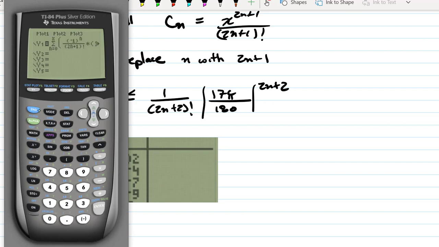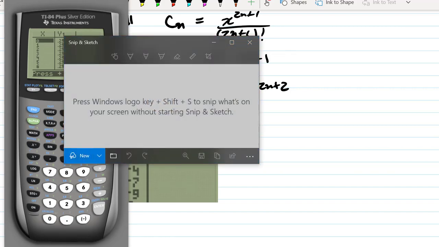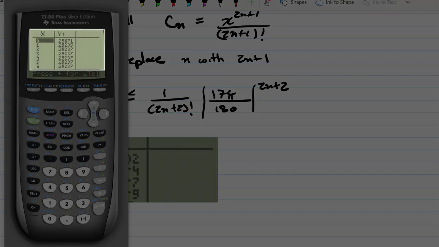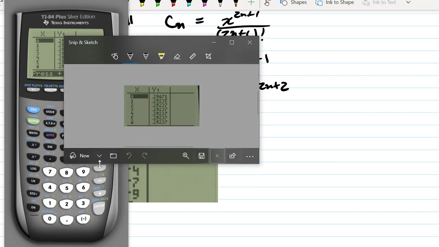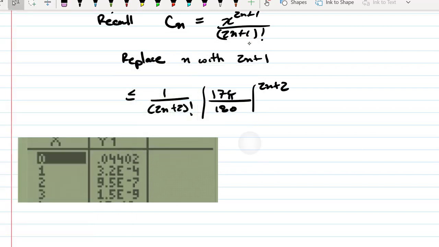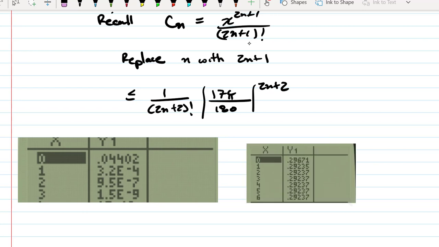So now we look at our table and we get our sum, and we see that our error